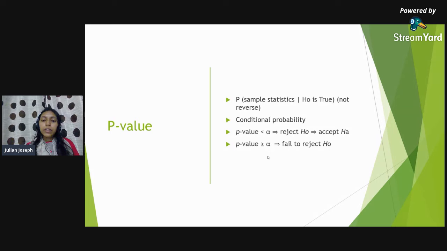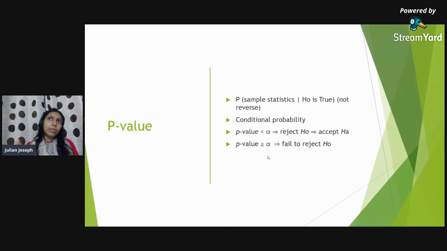The p-value here is going to be defined as, it's another jargon, but it is usually confused by people. So let me just make it really clear. It is a probability of a sample statistic. We'll come to what that can be. For now, call it whatever that sample statistic is, provided that we have assumed that the null hypothesis is true. So this will be clear when we actually move forward. Let's wait for the examples to come up.